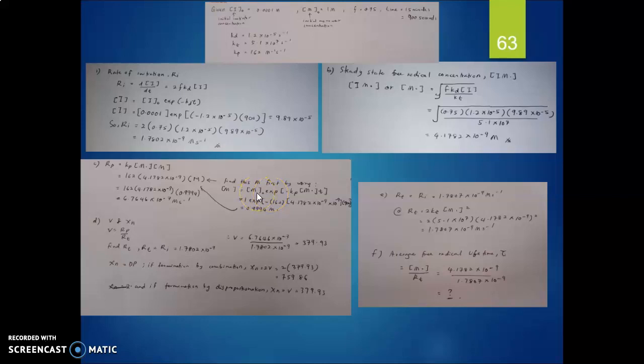So M naught is 1, okay, M initial. So you will get 0.9994, and then this value you will place in the equation here. So you will get 6.76. Okay, for V, if the question did not ask you to terminate either by combination or disproportionation, you have to give both values, right? This is for